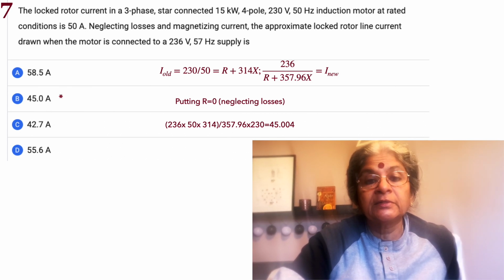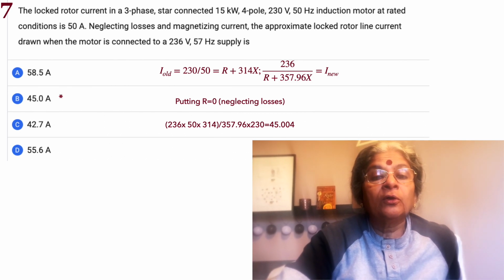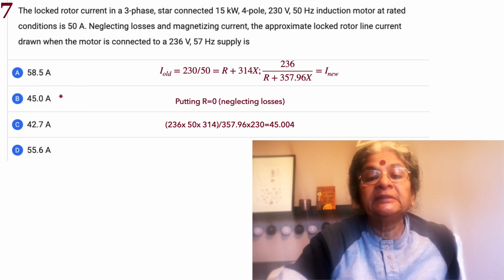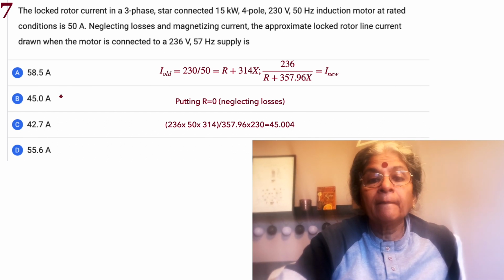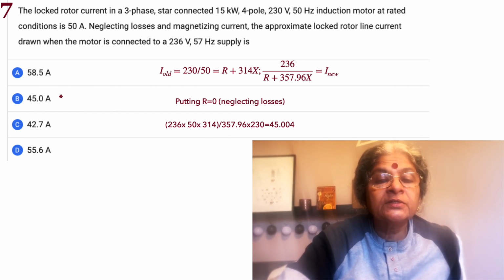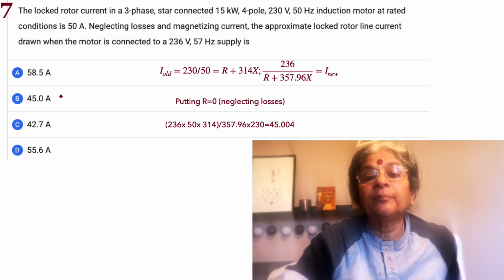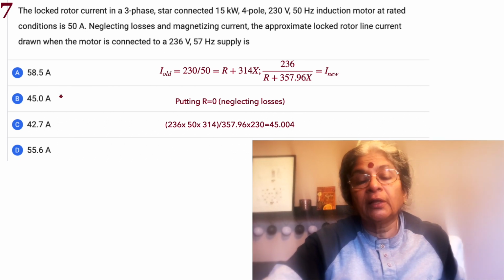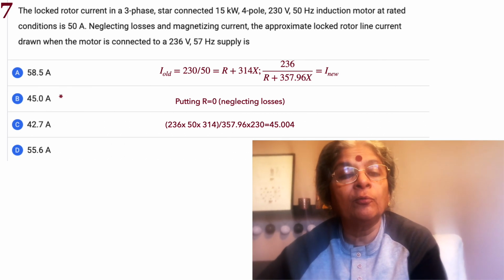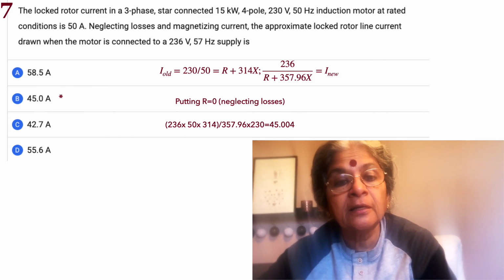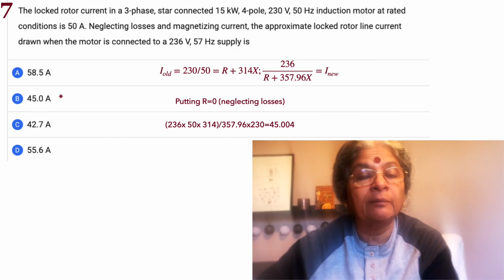Now the situation has changed in a different manner. The voltage is changing to 236 volt and frequency is changing to 57 hertz. Okay, so we know that when the machine takes 230 volt, and what is asked is, neglecting losses and magnetizing current, the approximate locked rotor line current. So all the losses can be removed, or R can be set equal to 0, but still we know that the old current, 50 amps, was drawn